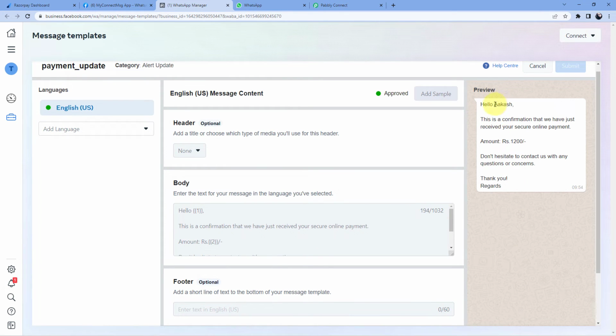So here in this message, you can see that in the body, I have two different variables. First one is after hello, and second one is here for the amount. So the name of the customer and the amount of the payment will be changed for every new payment I capture on my Razorpay account. So I have added two dynamic fields over here. How we are going to add the name of the customer and amount, we will see in this video